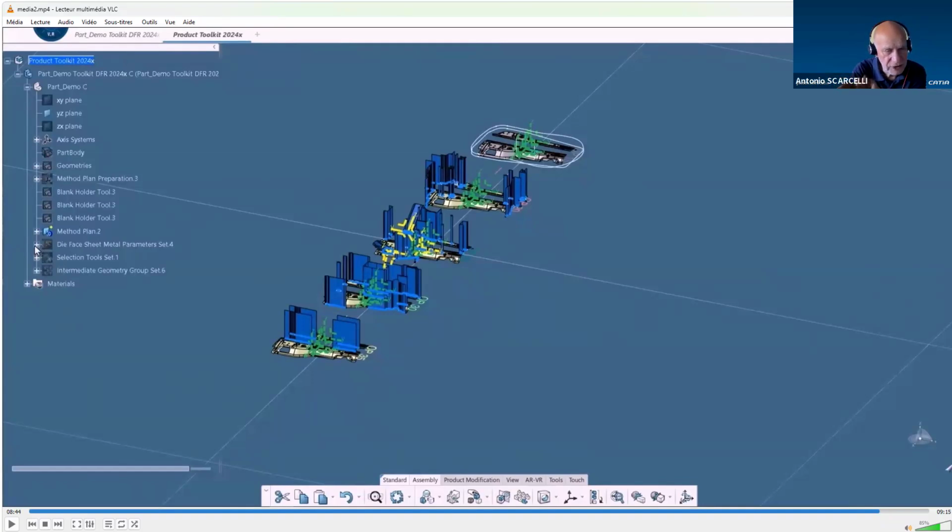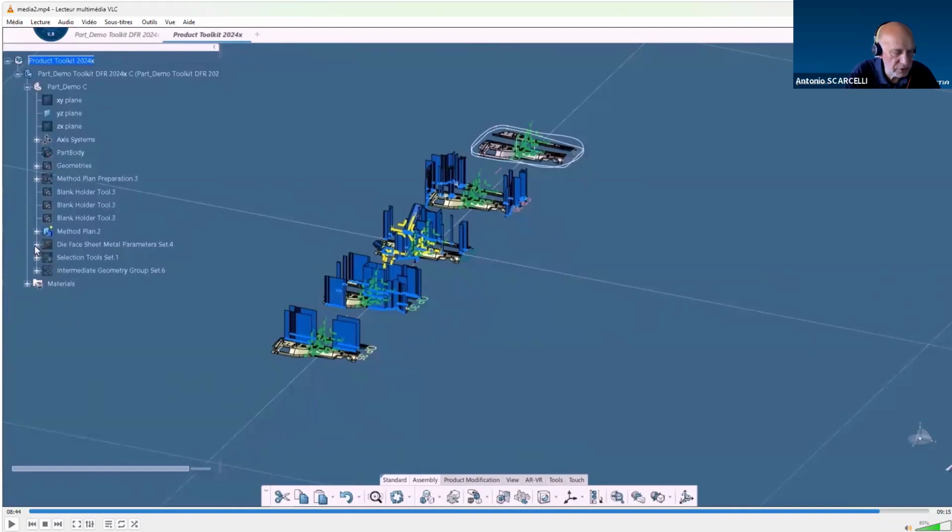Once you have done that, you need to check if the result is good. So you will transfer your data again to Autoform and check if the result is good. And if it is not, you have to do the back and forth, transferring from Autoform to CATIA. The aim of this Die Face application is to be able to replace Autoform as quickly as we can,